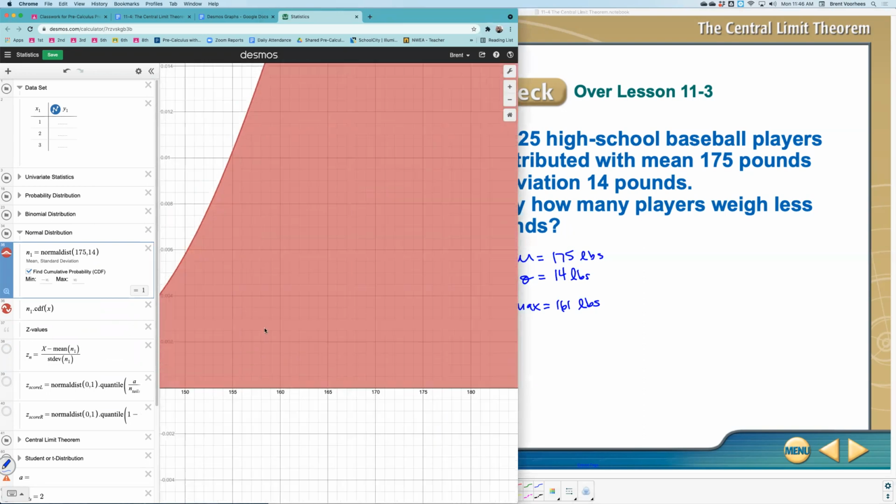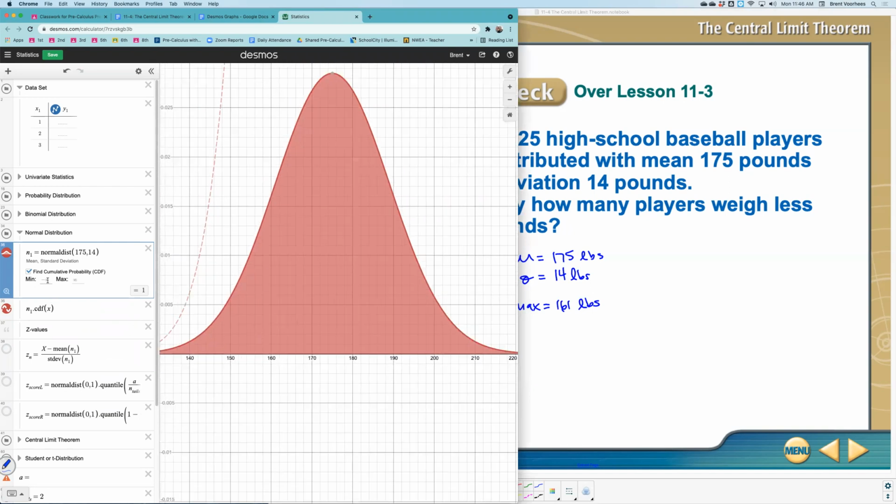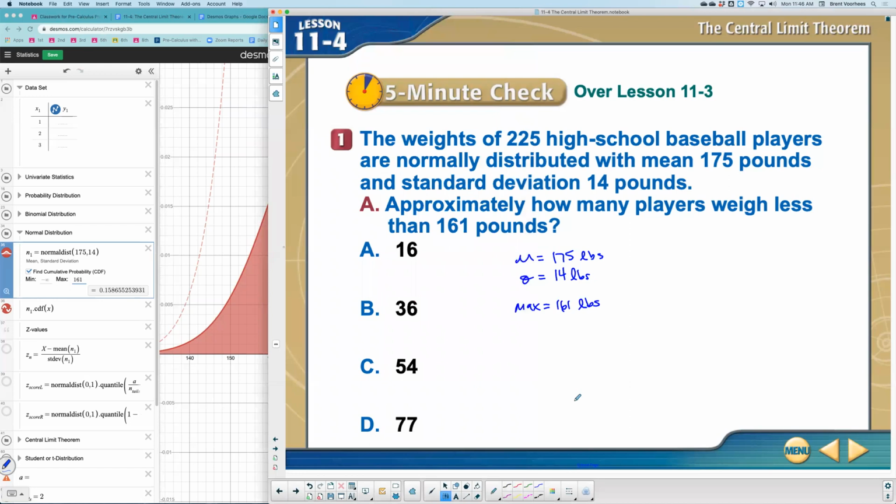Everything from this area over. Okay, so the way to do that is just right over here, you put 161, and it would show you that's the area, which happens to be 15.8%, or actually I would say 15.9. Let's just say that's approximately 15.9% of players